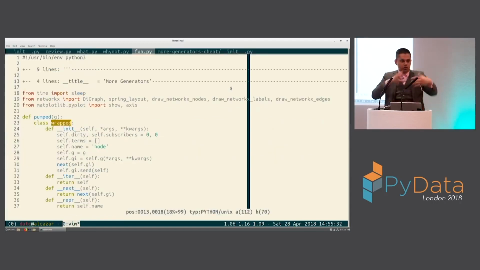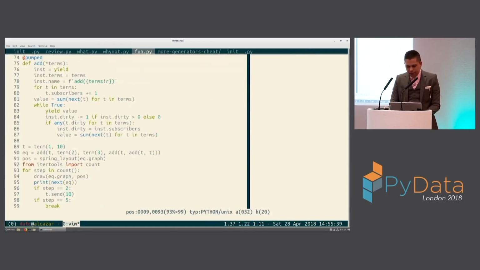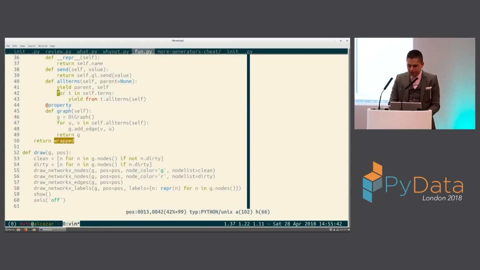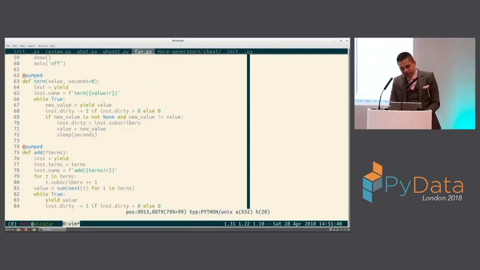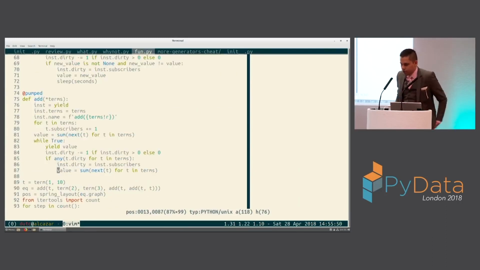About 100 lines of code using a generator as your fundamental organizing structure. And I'll show you all I added here was not that much. The only thing I added here was a little bit of an additional mechanism to use NetworkX to draw the thing. And I guess it's a little bit easier to do 5 minutes before you get on stage than when you're on stage. But for the most part, you can see this code is essentially the same. It's just a generator that yields its values, that waits for it to be signaled as dirty, and then results.